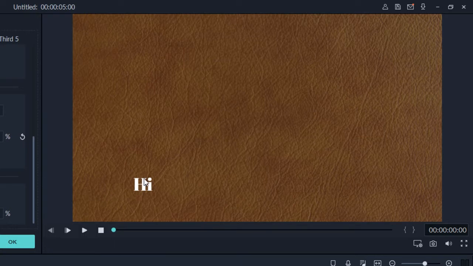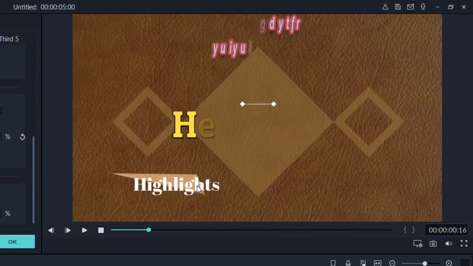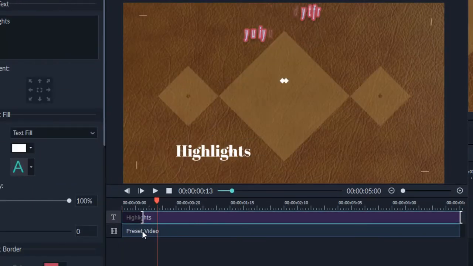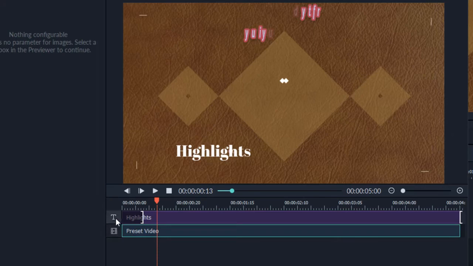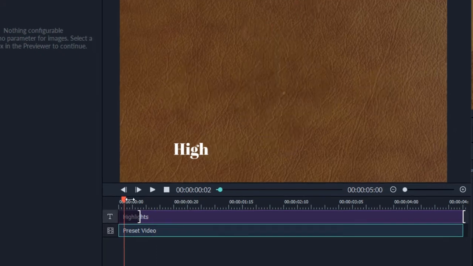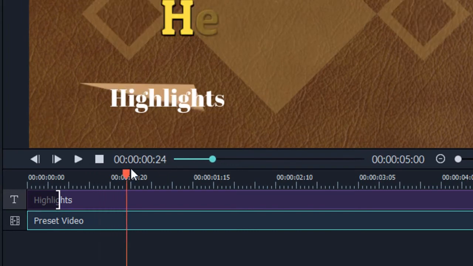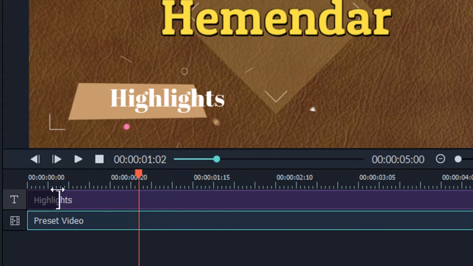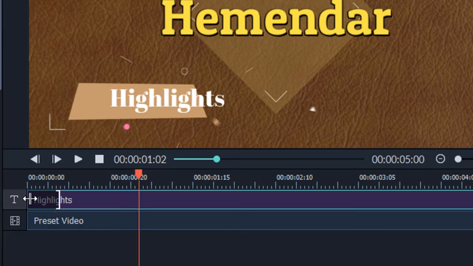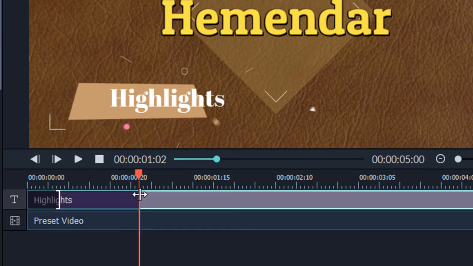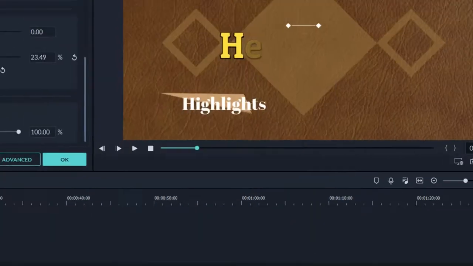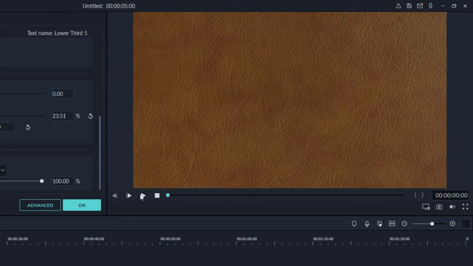Now we see that there is a problem. The text appears at the beginning and later comes the background. So we need to fix that. We'll again go into the advanced section. So you can see this is the background preset video and this is the text here, title here. So let's scrub through this and see where the background starts appearing. So here the background starts appearing. So I want the text to appear from here. So what I'll do is come to the starting position of it. When the symbol appears, I'll pull it till where I want. And now the text starts from here. I'll hit OK. And now let's play and check it out.